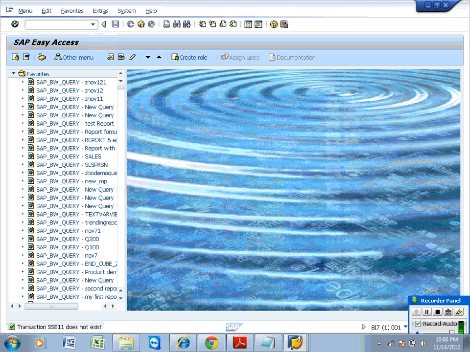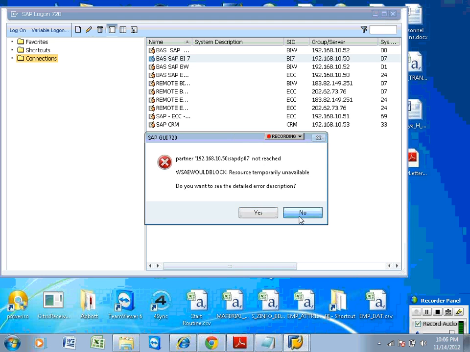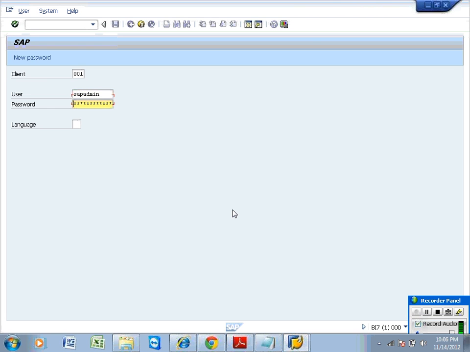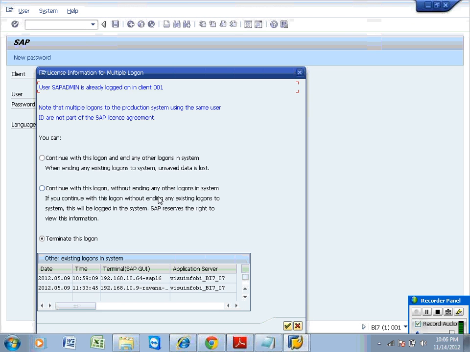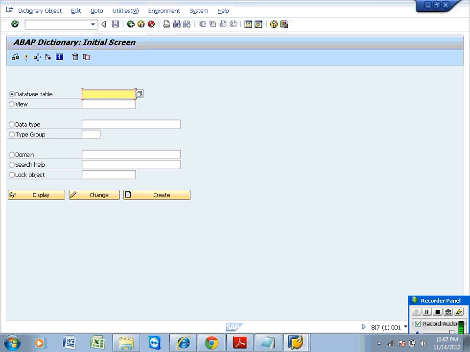This time around, this is some previous transaction. Okay, this time we have the table name there. So go to SE11, give the table information and click on display.